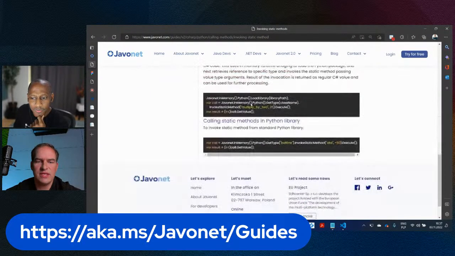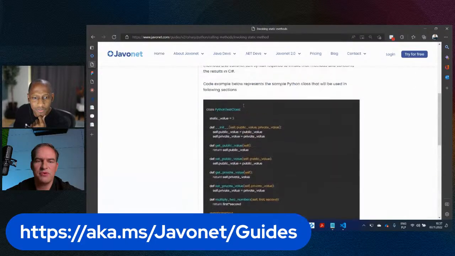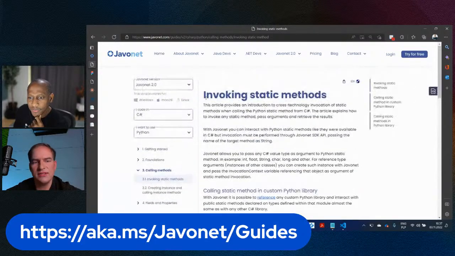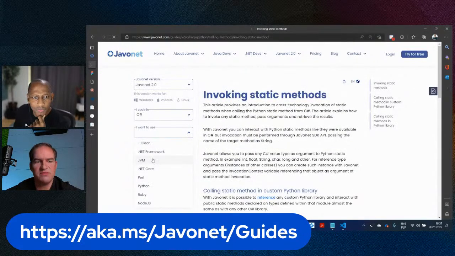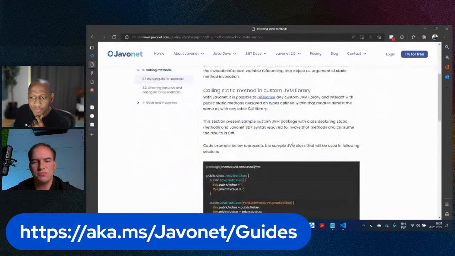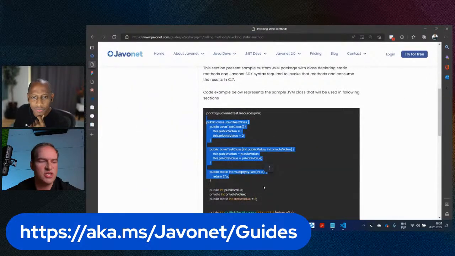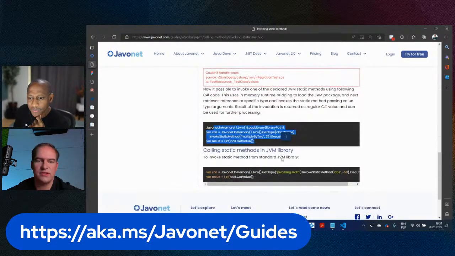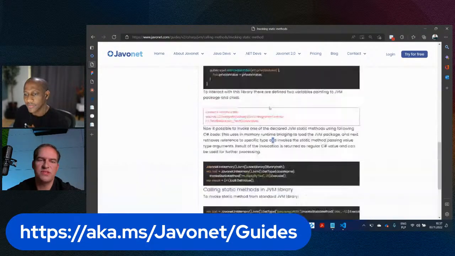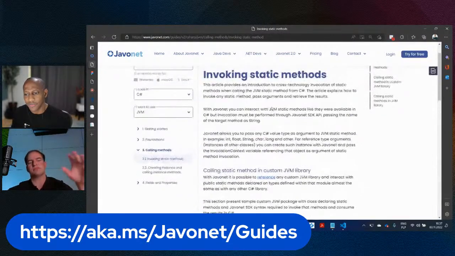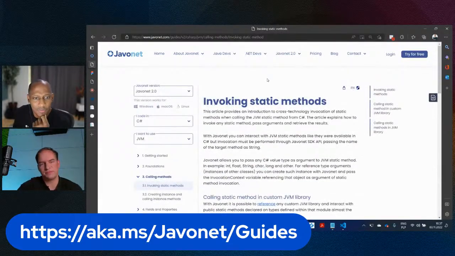So here I have the same article of loading the Python libraries from .NET, but I can say I want to use the Java libraries, and the same article will populate examples of the JVM class and how I can call it from .NET. So with this library, you can go through all the examples in all the combinations.